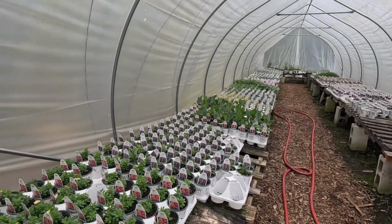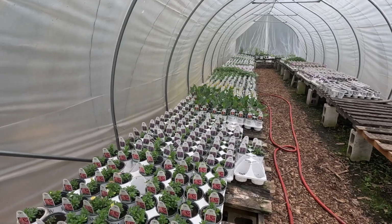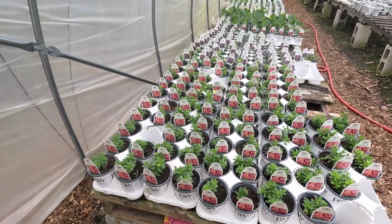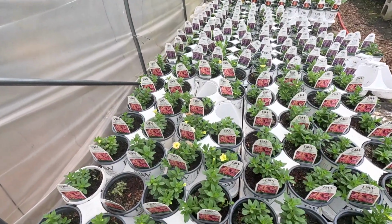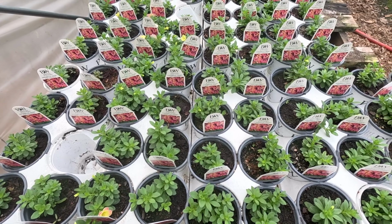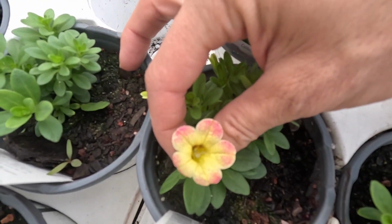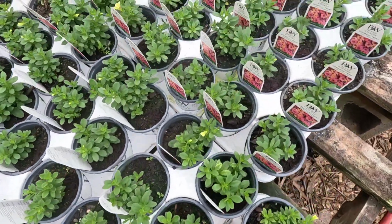So this might be the last time you see this whole span of all just Proven Winners annuals. Okay, here we go. So again, these are all Proven Winners annuals. These are pink lemonade. The ones in our garden definitely had more blooms and were bigger. I did take some with the blooms when I grabbed them, but you can see lots here. You can just tell when they get planted out, they go for it. They're just waiting. So a lot more of the little tender